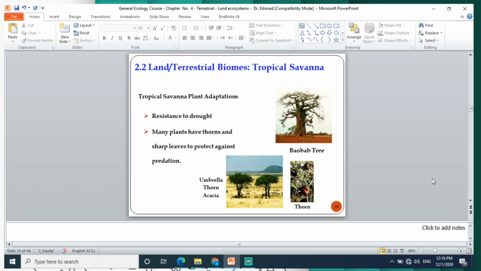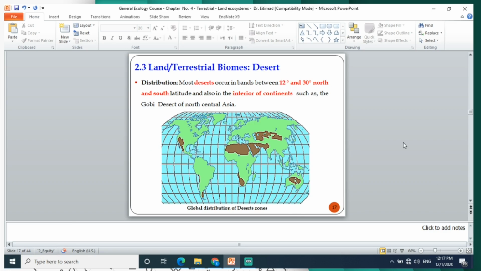So the tropical savanna plants are adapted to the drought. Many plants have thorns and spines or sharp leaves to protect against predation, and also they store water like the baobab tree. Our third biome is the desert, and here the brown color is the global distribution zone for